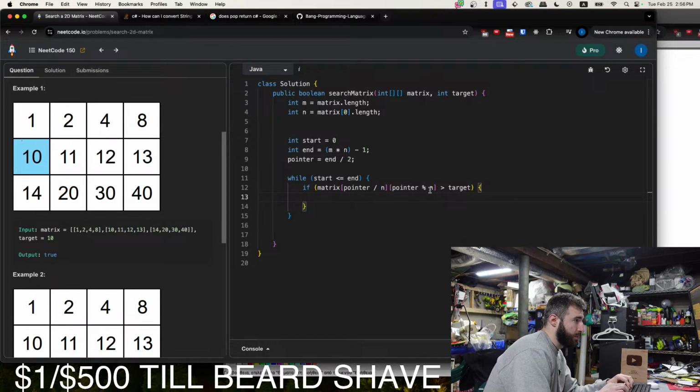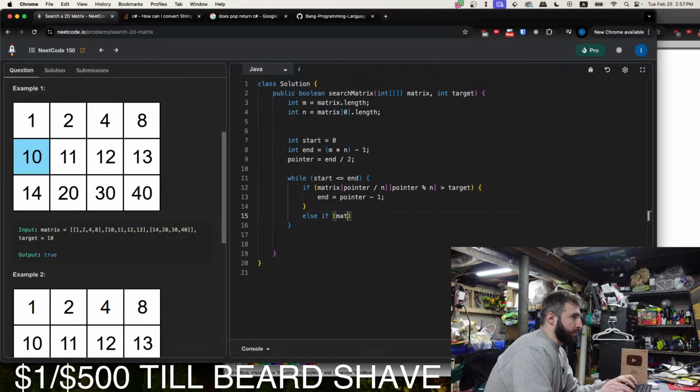If the current position is greater than the target, then we've overshot and we need to remove the last half. So we just set end equals pointer minus 1.